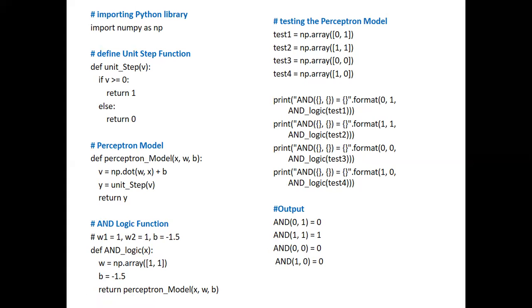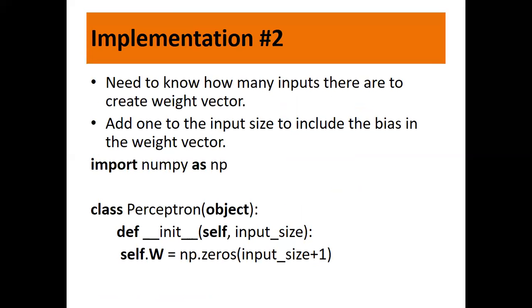Now, if you look at this program, this is a very simple program where we have not thought about how we got the weights. We have not trained the perceptron here. We are directly given the weights and the bias. In the next slides, I want you all to see how the weights are updated. We need to have a weight updation rule, which will give you the desired output. So let us look at the same program, but from a different perspective. Here we call it implementation 2.